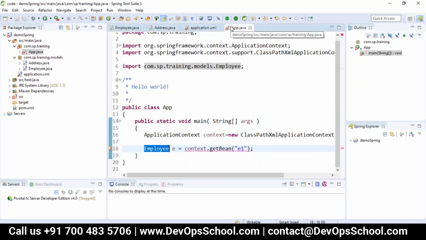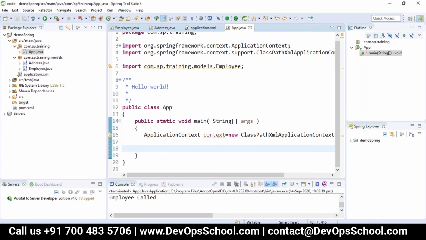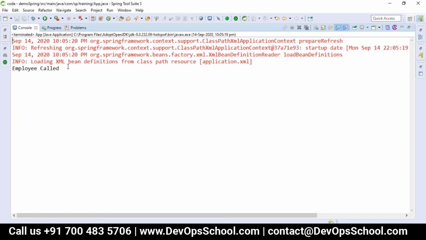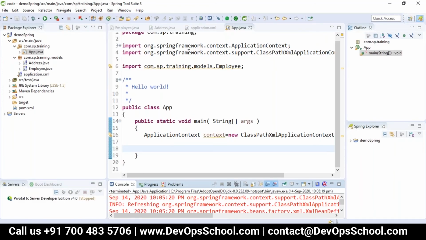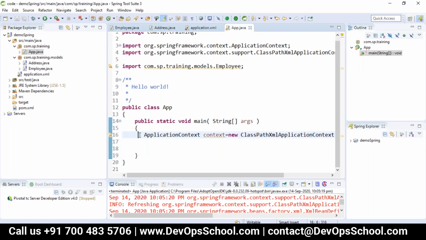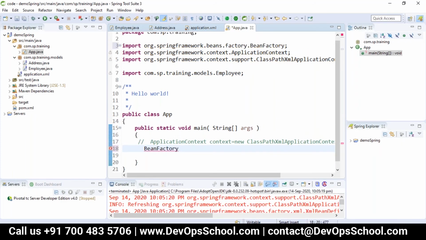So whenever my application is loaded, see, I'm not calling anything, but still, whenever you run it, we are getting "employee called". Why is it given? Because the employee object is automatically created with the application context. But instead of application context, if I go with BeanFactory...